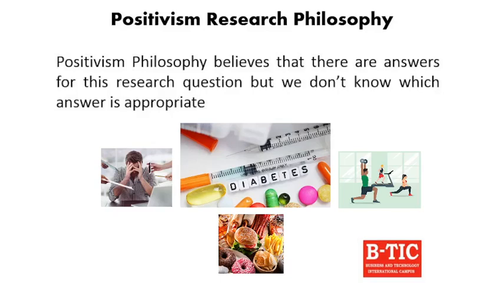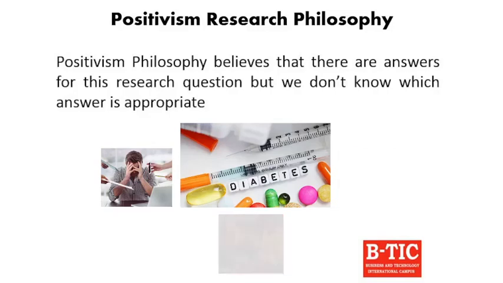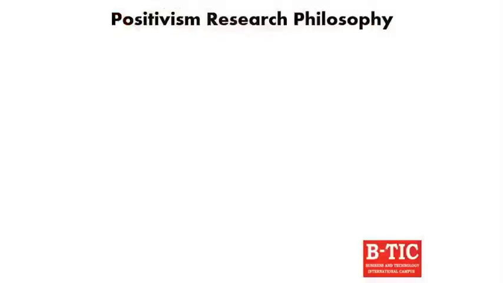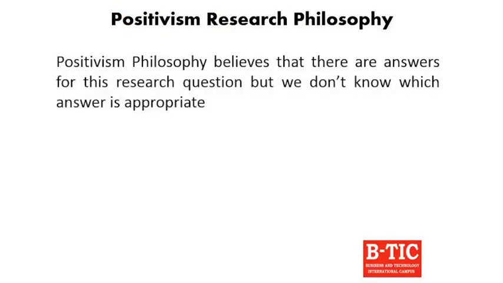So positivism would find out the right appropriate answer based on what is already known. Positivism is about finding answers from what is already known, testing that and confirming this is what the answer is for. This positivism approach doesn't have the capacity to find out any new answers. Before I kick off to phenomenology philosophy, let me once again emphasize: positivism is about finding out knowledge, finding out theories and testing those from what is already known.